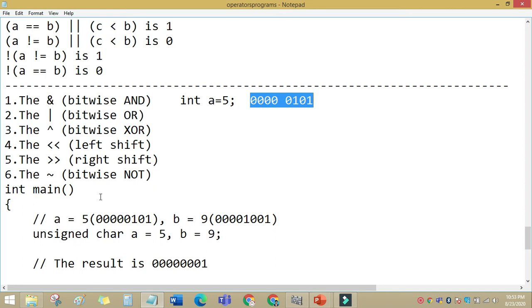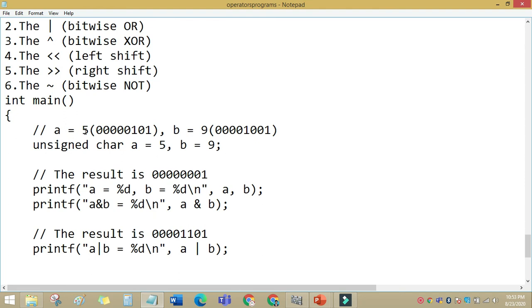Here the value is a equal to 5. So this is the 8 digit binary value, and b equal to 9. This is its binary value. So when I use a and b, the operation is performed on the binary values of the corresponding integers. I am using unsigned char a equal to 5 and b. Here I am using a and b with the AND operator.